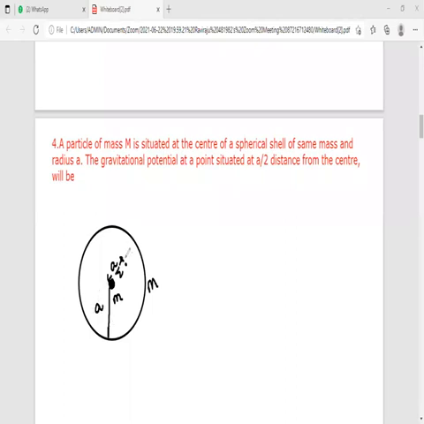And here you have to calculate the potential. Here the potential is due to both sphere and also the mass, particle mass. So due to both of them, you will get the potential. So that you have to calculate the potential due to particle first. If you want to calculate potential due to particle, what is the formula for potential due to particle? Since it is a simple point mass, what is the formula for potential? That is nothing but minus GM by r only, no?